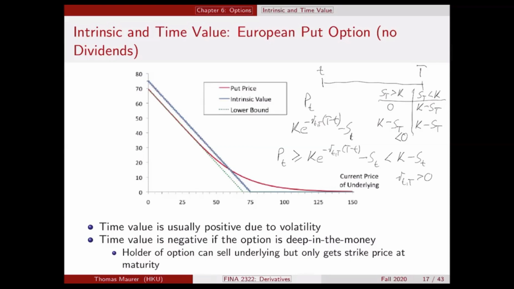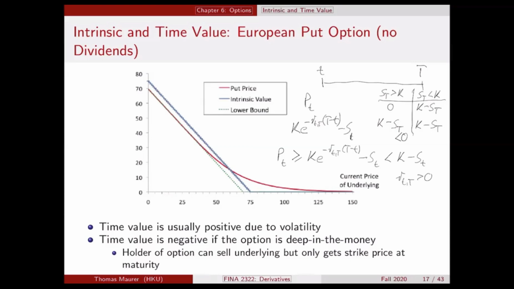And this is the case if the price of the underlying is low enough, because at any of these low prices, we know anyway that we exercise the option in the future. And therefore, it is actually better to exercise that option right now, because then we receive strike price K right now and deliver that underlying asset, versus waiting until the maturity date where we get the strike price at the later date. And therefore, if we evaluate the value today, we need to discount that strike price and therefore